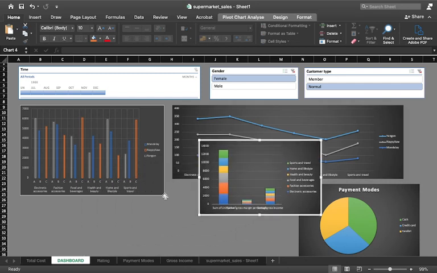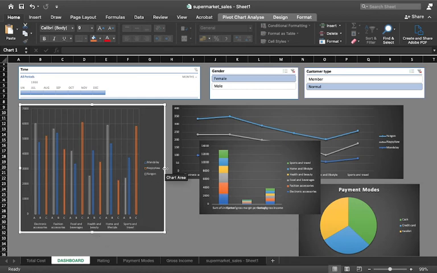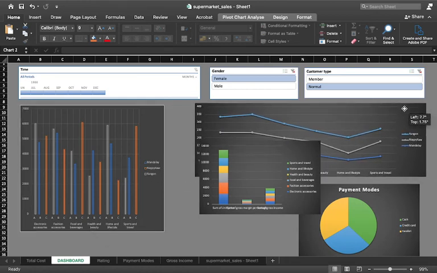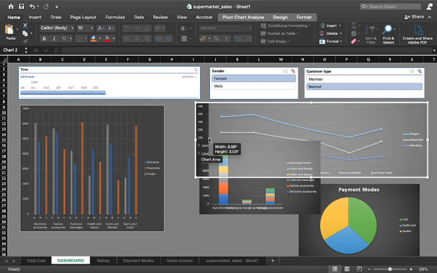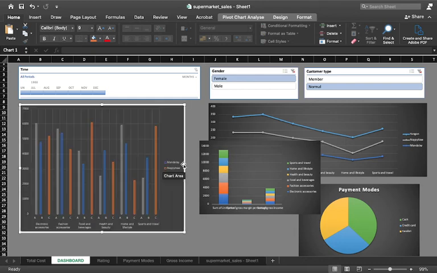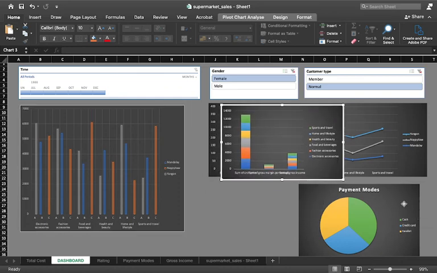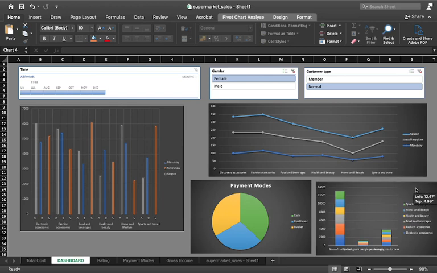And this also, let's increase the size because we need a clear and better representation of our data. I am going to decrease its size a bit, and we are going to spread this a little more, right? Then after that we have our payment modes. Let us just put it here, and we have this particular table for us.